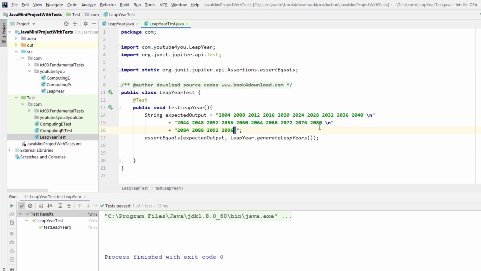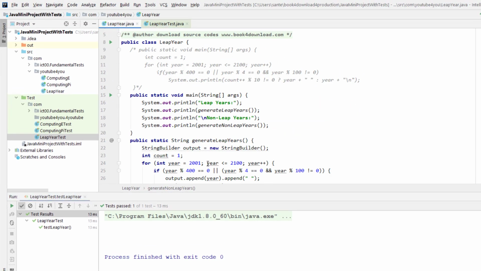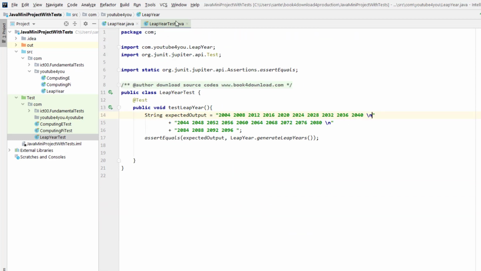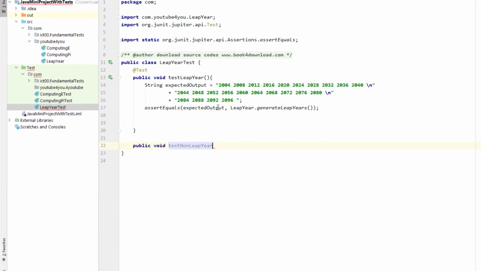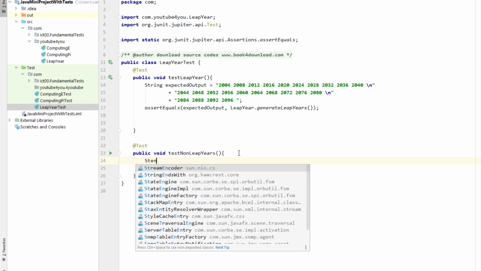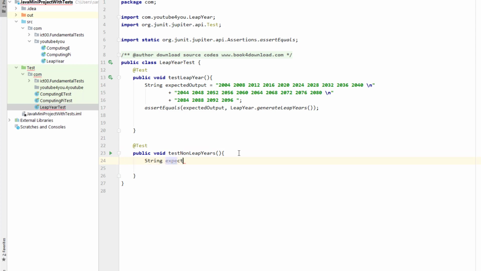Just in case it doesn't pass, you need to think about the space also. So we need to also test this method here. How do we do it? We do almost exactly the same as what we did here. So public void test, we want to test the NonLeapYear. Let me see how I wrote it here. NonLeapYear. There's more than one here. So here we annotate it as a test from the test API, and then we need a string, and then expected output,